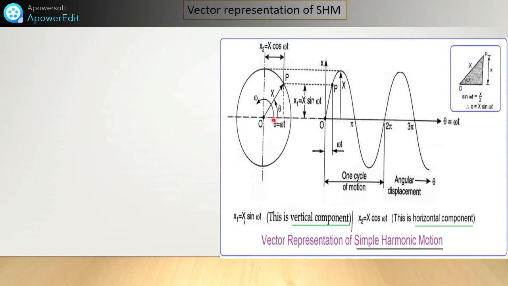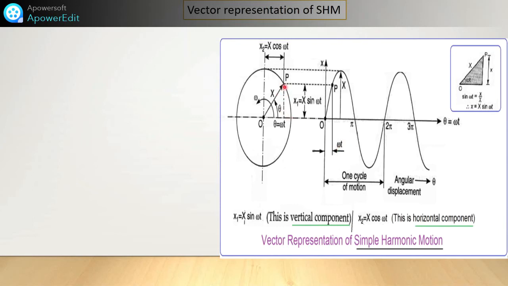Here the point P is moving from this point, and what we have done is project that point P here on this sine wave. The point P is projected here, and this point is moving from 0 to P on this wave. Means this angular displacement you can find out. Again projecting line 1 on this axis, this distance is omega t. Means some theta it has moved.